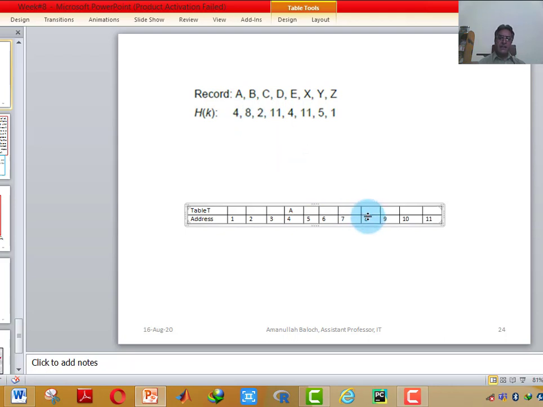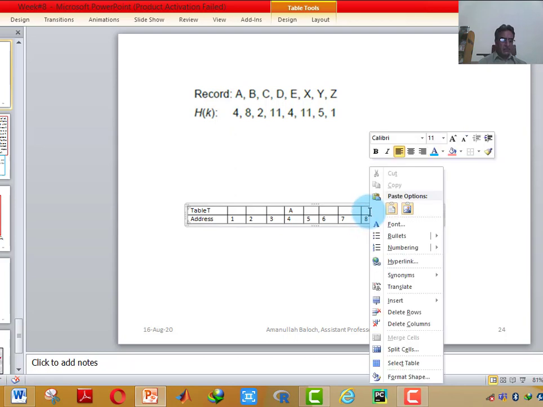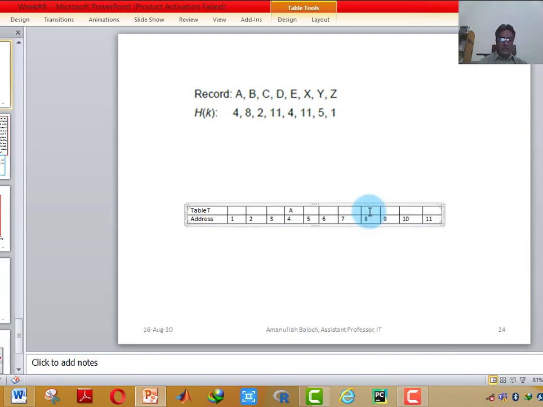Is the index 8 location available? Yes. We store B here. Next, C, its hash address is 2. Is index location 2 available in the array? Yes, 2 is available. It is blank. So if it is available, we will store it there.